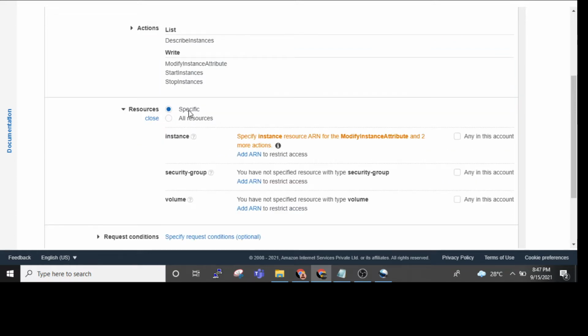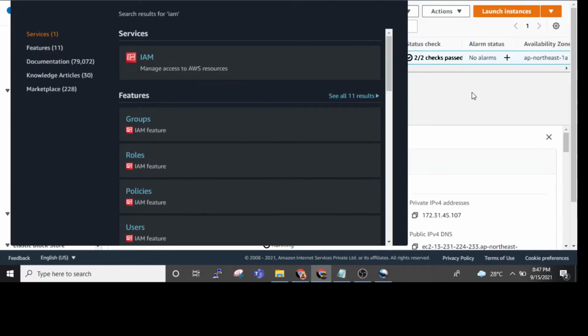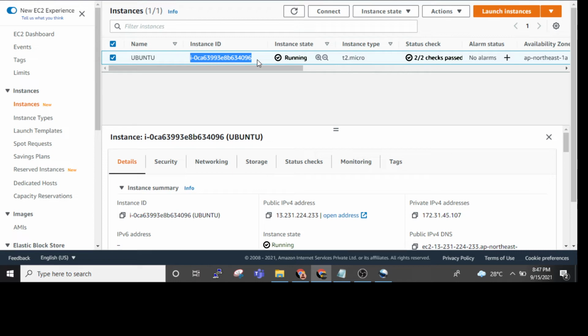If we select here any in this account, it will show you all the instances here. If we want to do it for any particular instance, so now here we have to do it for only one instance. Okay, so start and stop using the automation.